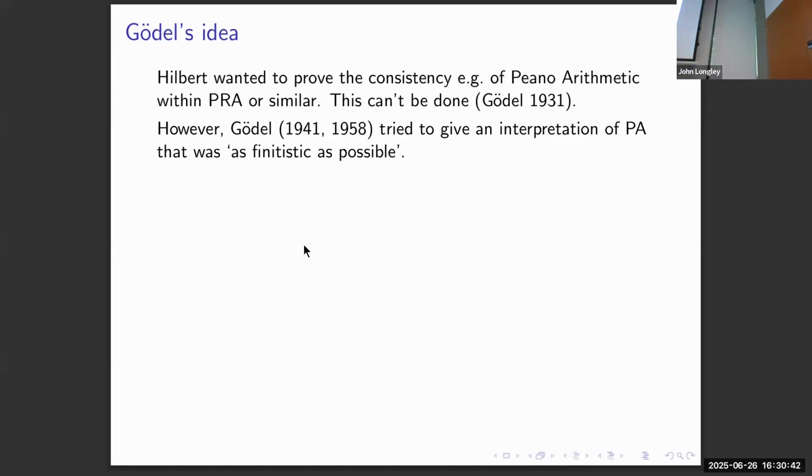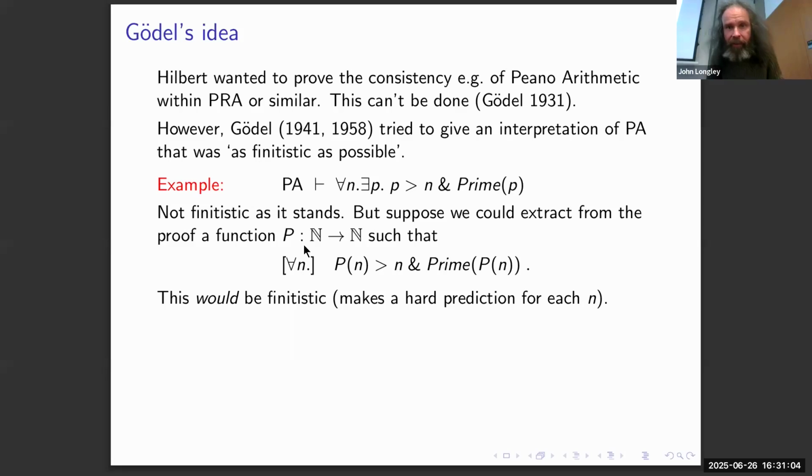But Gödel was interested in the idea, and his motivation in his next decades was to try to give an interpretation of Peano arithmetic that was as close to being finitistic as possible, but was somehow within the spirit of finitism, even though it couldn't be captured in PRA. Okay, so this maybe picks up on